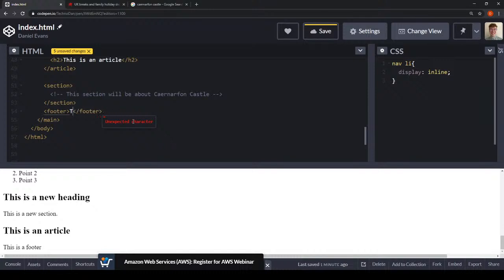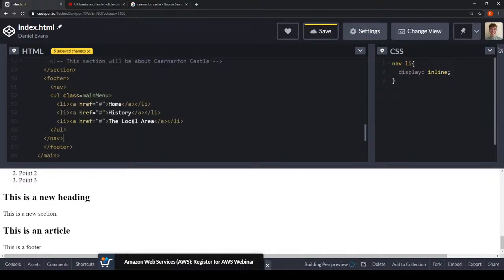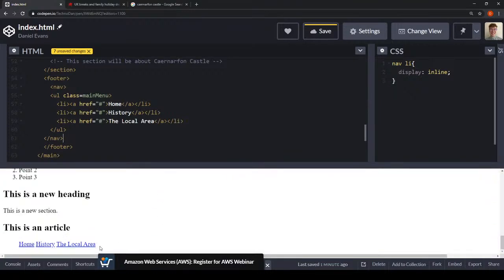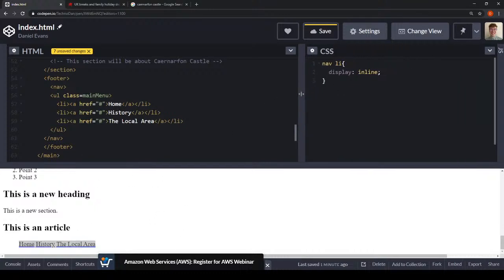So you could separate it by using your CSS to specifically select the header rather than the footer. So in CSS, if you scroll up, see there it's got footer nav UL,